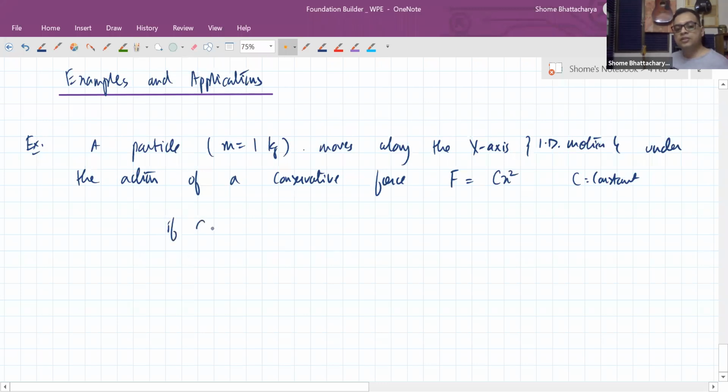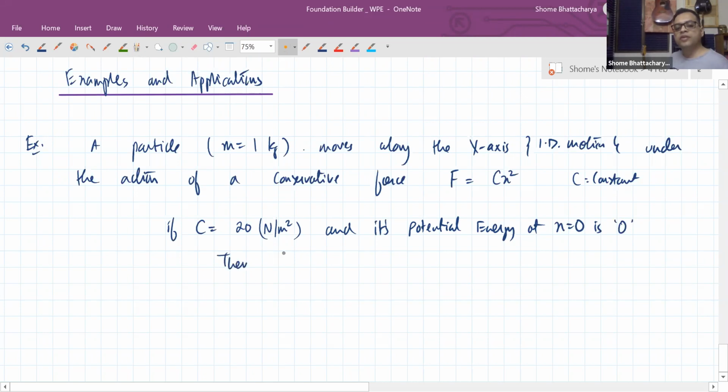If the value of C is 20 Newton per meter square, and its potential energy at x equal to 0 is 0, then find A, the formula for its potential energy as a function of x,